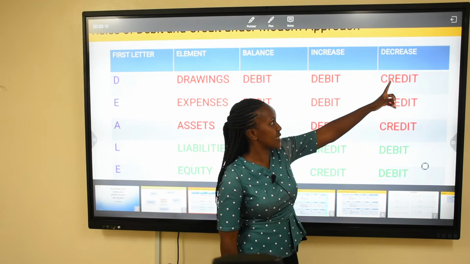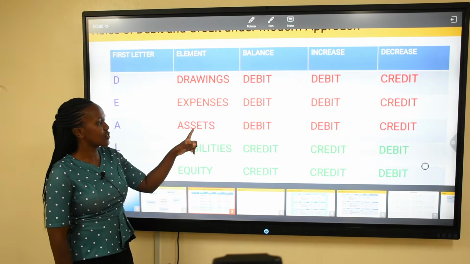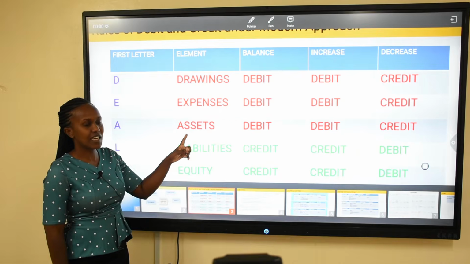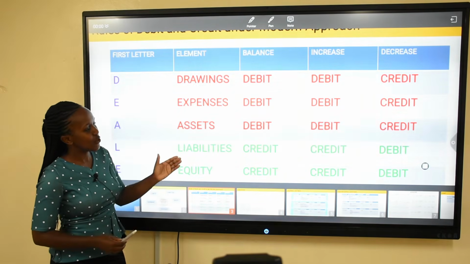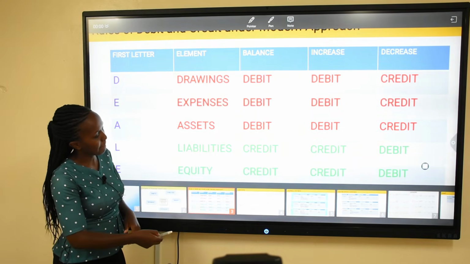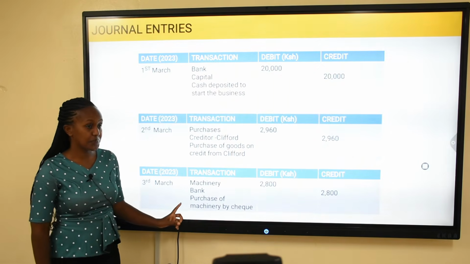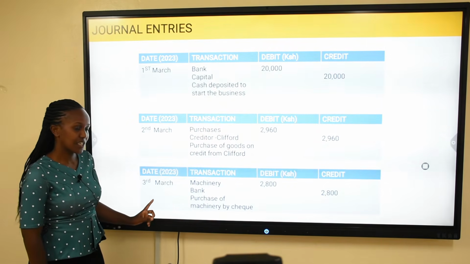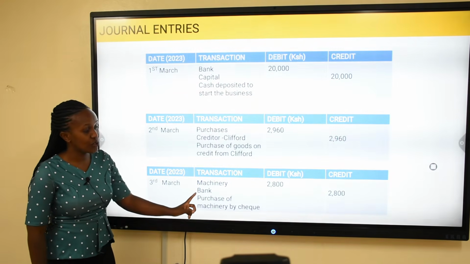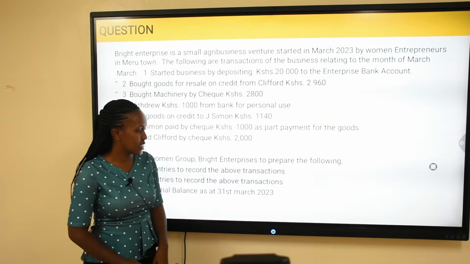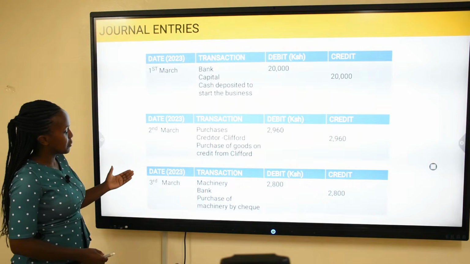And you can see here when an asset decreases, we are going to credit. So in this case, our transaction is affecting this line, only assets. One asset is increasing while the other asset is decreasing. So that is what we are going to do. So you can see our journal entry number 3 here. On 3rd of March, we are going to debit machinery, 2,800. Then we are going to credit bank, 2,800. So I hope you understand up to that point. The next